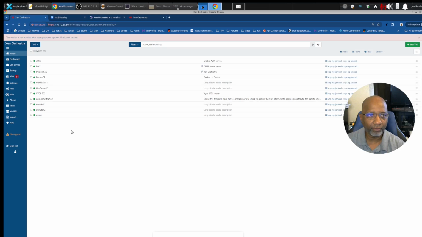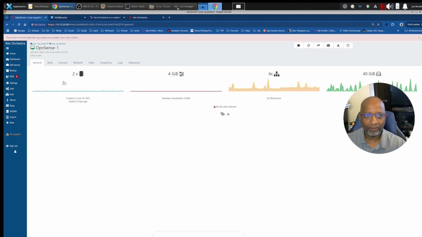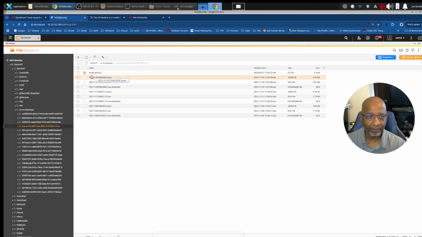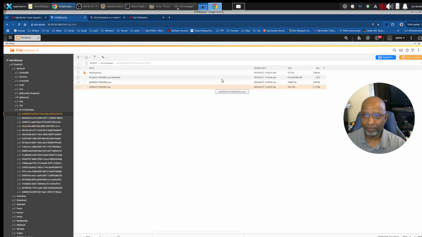This is the older version of Xen Orchestra that is still pointing to my XCP-NG server that's running 7.6. If I were to click on one of these, I get a UUID, which is an identifier for this VM. You see this one ends in 3791. So when I find the folder that ends in 3791, which is here, that is the backup for that